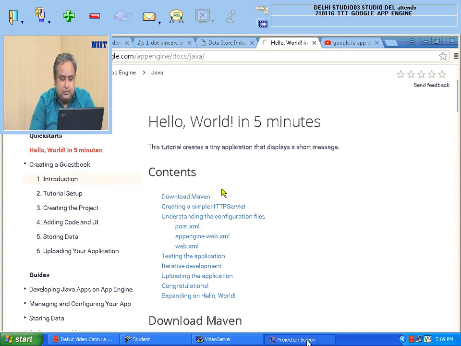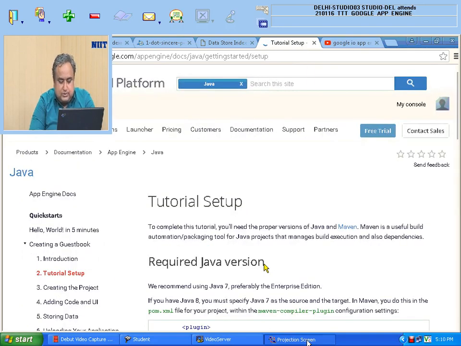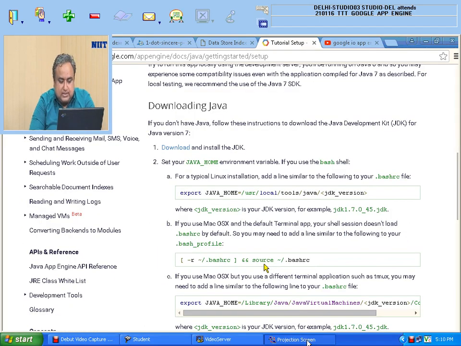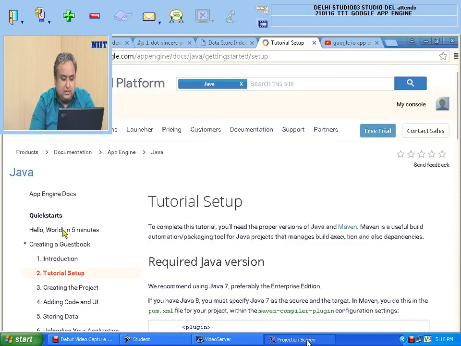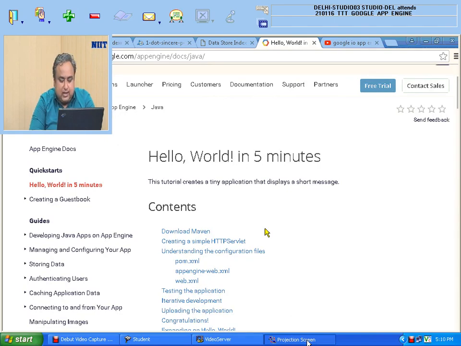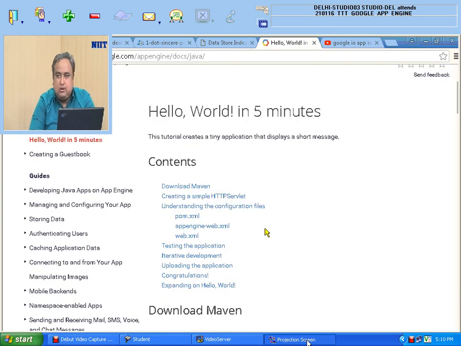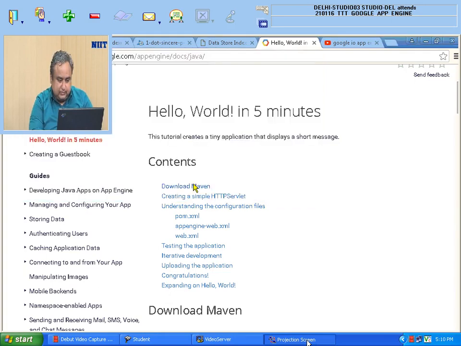So you go to this introduction, then continue to set up, follow the steps which are given over here, try to understand them and try to execute after the course is over. Otherwise you may get lost right now. But I would also try to show you a small thing so that it helps you clarify certain concepts. So first of all,